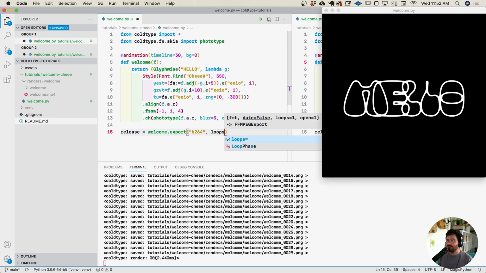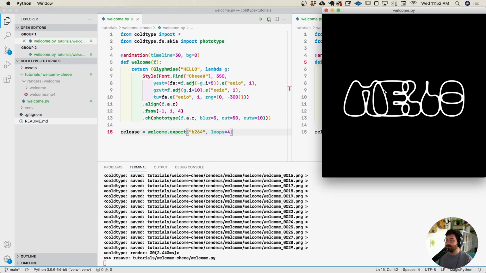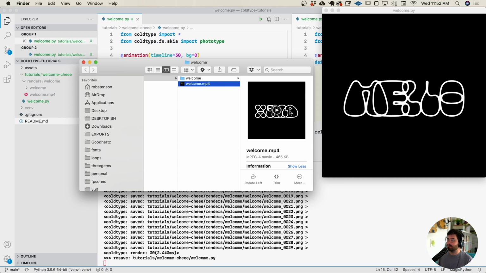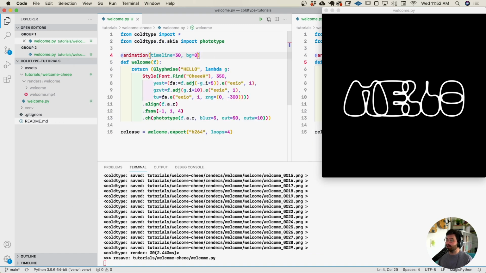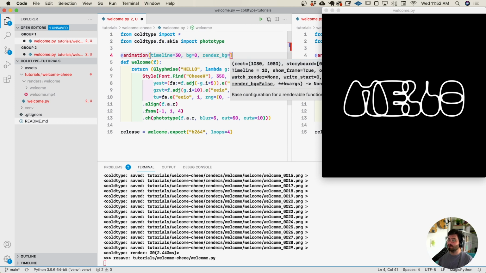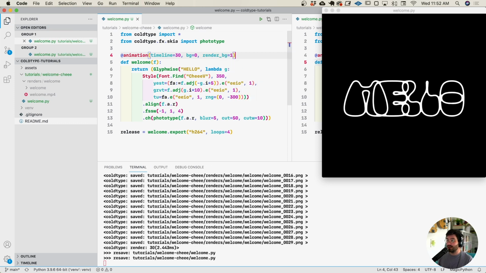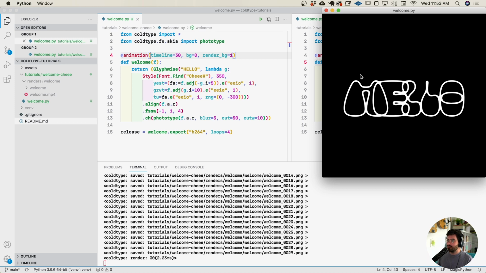Usually when you do stuff like this, you want it to loop. I want it to loop, so you can say loops equals 4. Come back and hit the R key. Now it's going to loop. But it's pretty messed up looking. That's because it's actually rendering to a transparent background in H.264, which it doesn't want to do. It would really prefer you give it a background. So if you pass this special key in, render BG, then it will render what's specified as your background color into the images itself. So if you re-render with the A key and then hit R again,